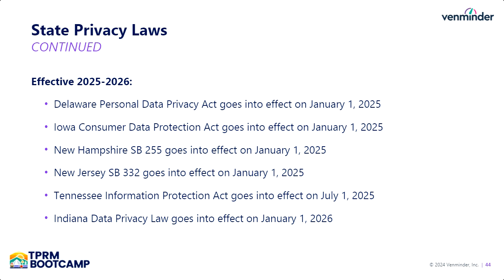Until there's a federal privacy law, it's likely that each state will continue creating their own version, so it's important to keep track of the ones that apply to your organization. And just tying this back to third-party risk management, remember that you should make sure your third parties are complying if they have access to any sensitive information.